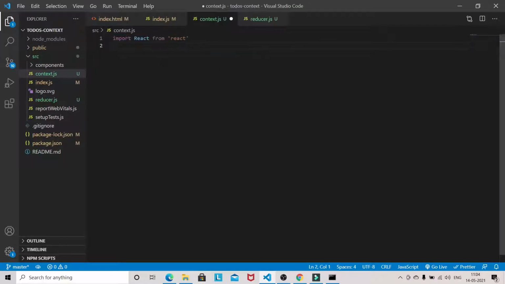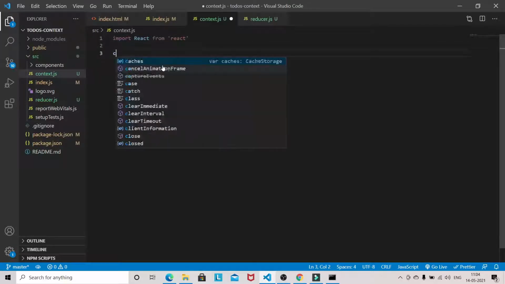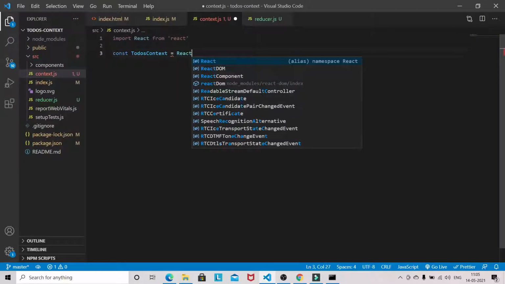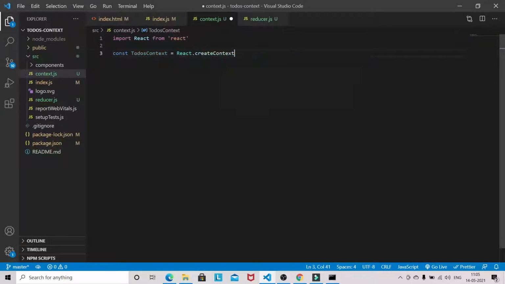So const TodoContext equals React.createContext, with todos. Some initial value we will be giving here.